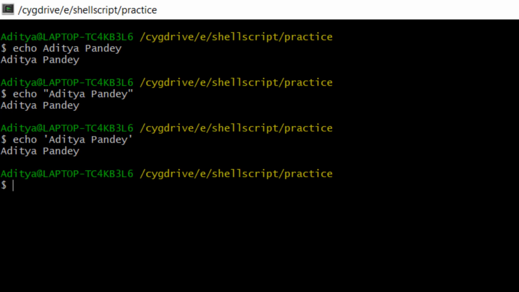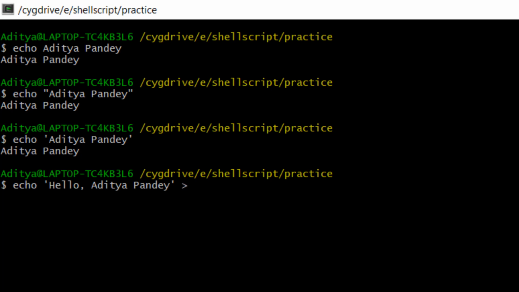Now let's say you want to save whatever data you printed in a file, that also you can do. How will we do that? First of all, let's say I'm going to write here hello, and I want to save that to a file.